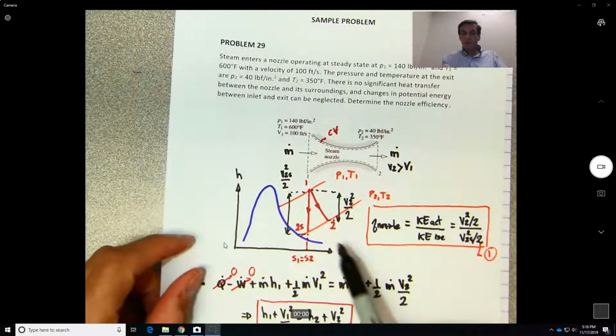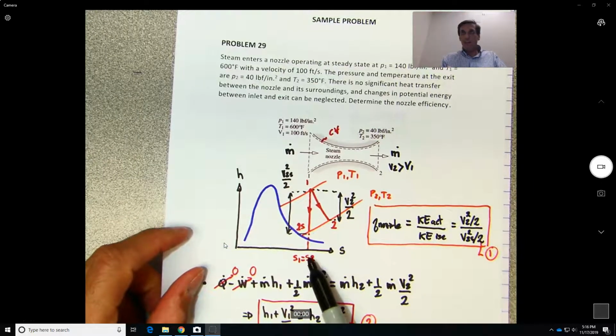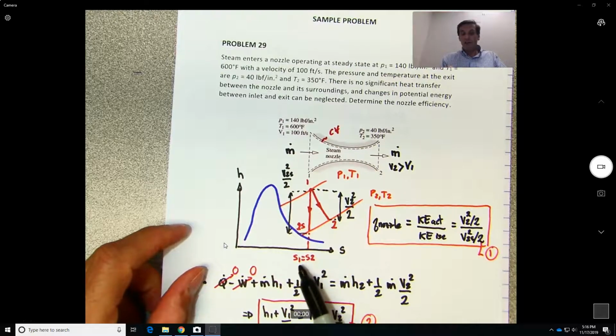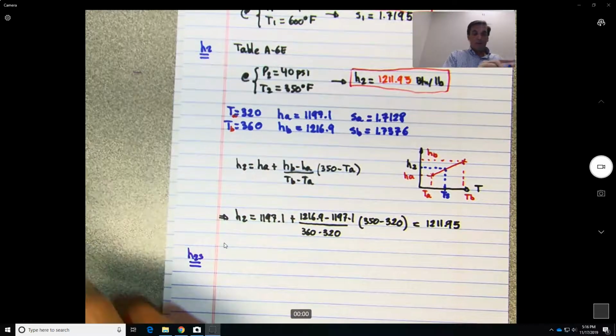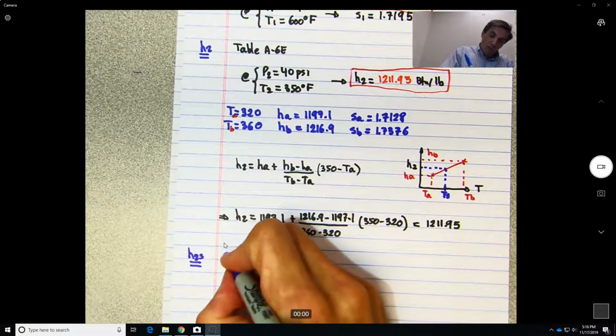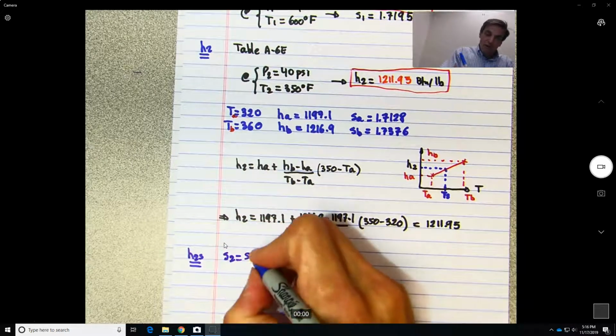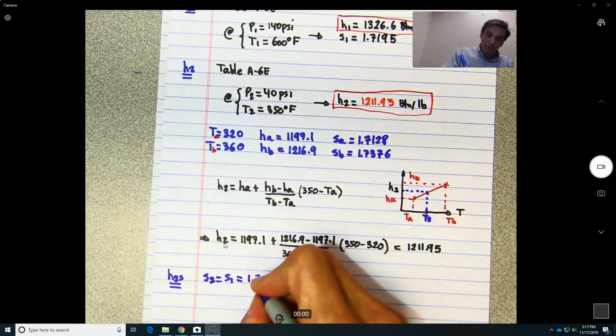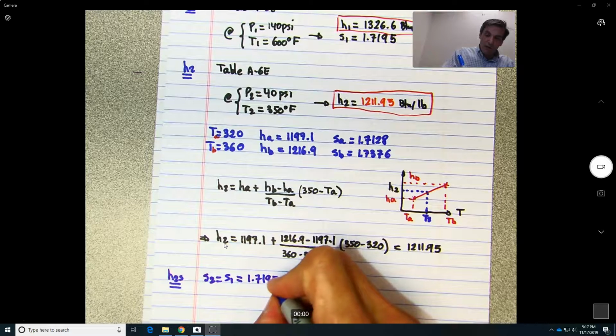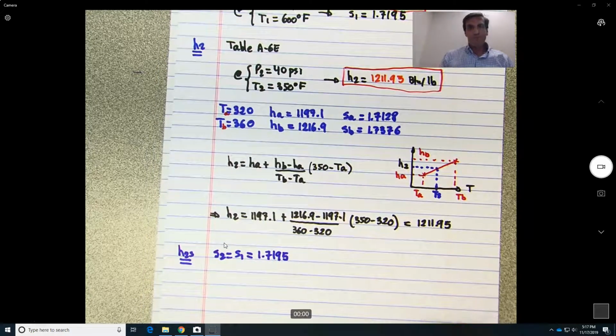In order to find H2S, remember, we use the condition of isentropic, which would be like the ideal case. So S1 equals S2. So we know S2 equals S1, and this is equal to what? From above, 1.7195. So that means now that we can